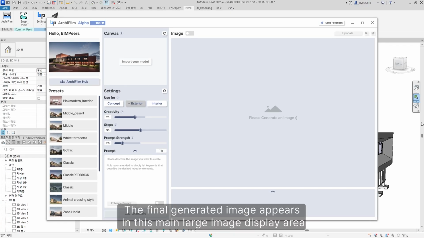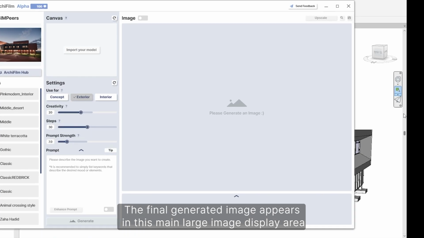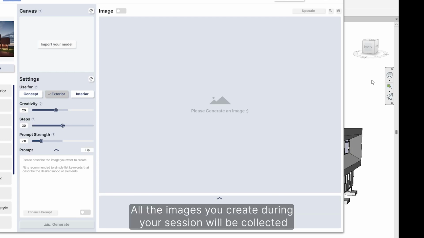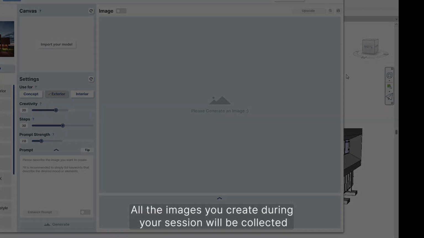The final generated image appears in this main, large image display area. And this long horizontal space at the bottom is the gallery. All the images you create during your session will be collected and stored right